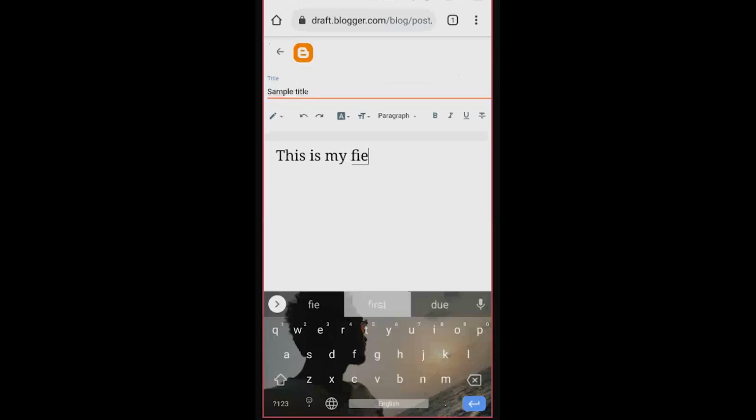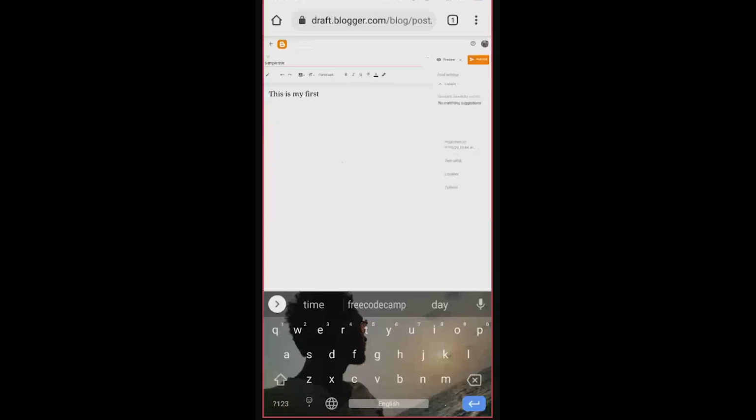You can do any customization that you can do in Google Docs or Word right here. You can choose font, styling, and size. If you want to insert images, it's not showing the option here, but on desktop you can insert images.